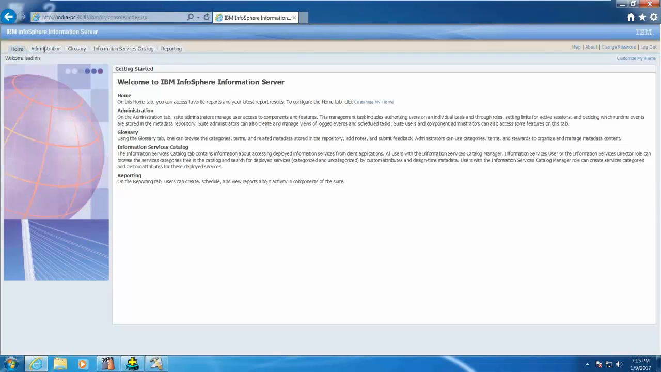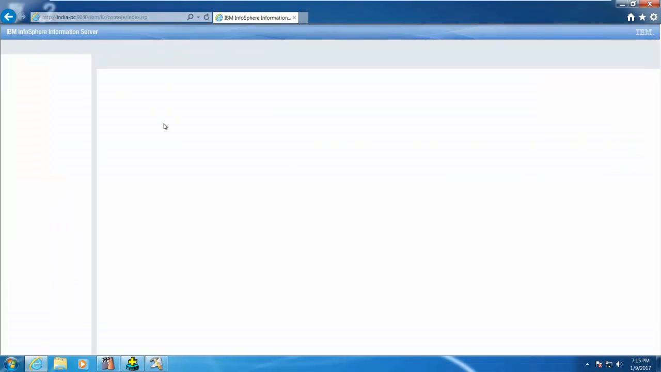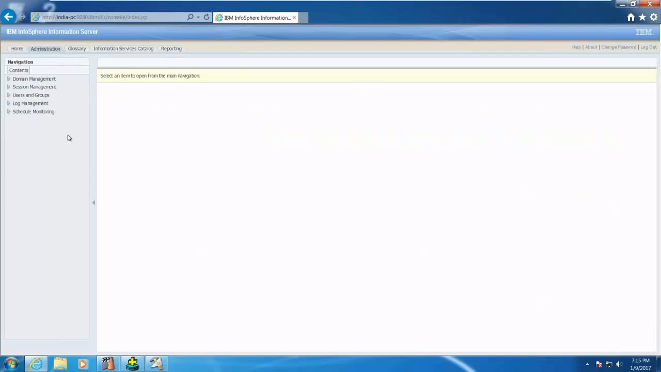This is a kind of home welcome screen, and if you click on the administration tab, here you can go to all the different kinds of activities you can do, like domain management, session management. Here is a place where your admins are going to create users. If you click on these users here,